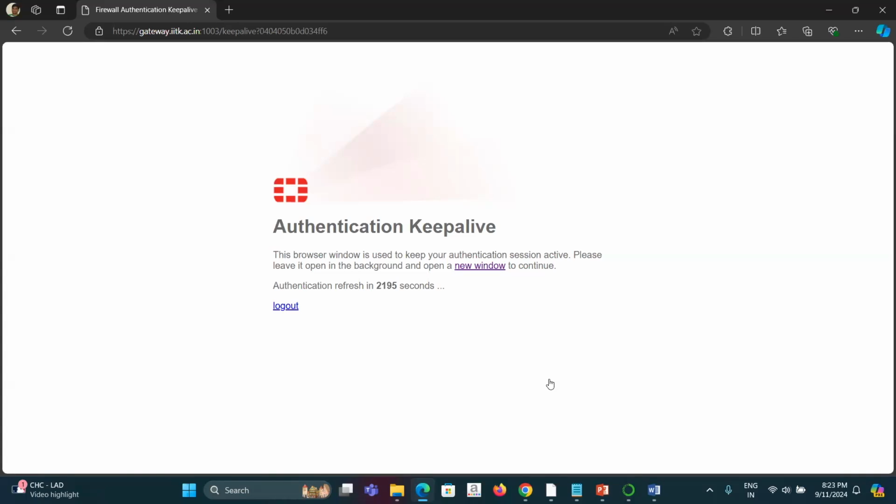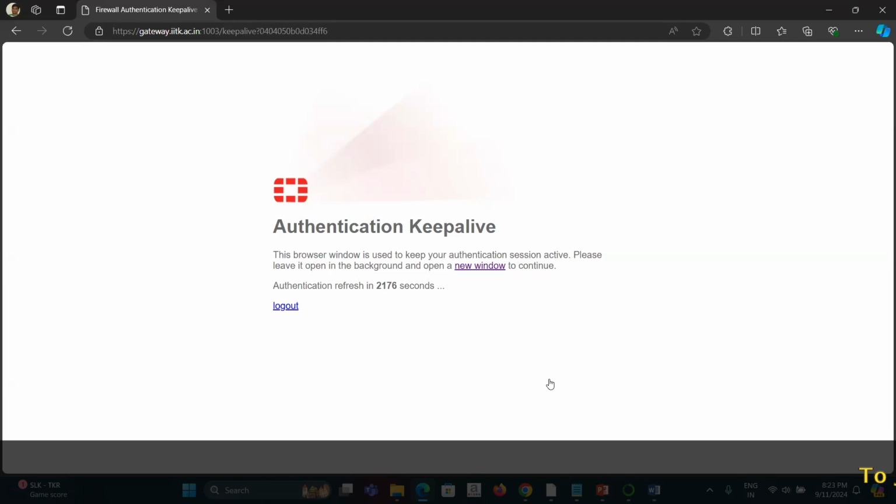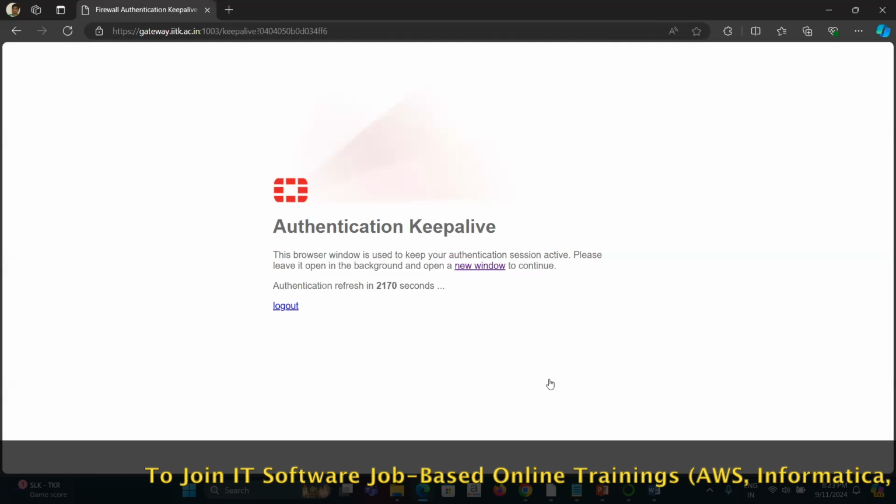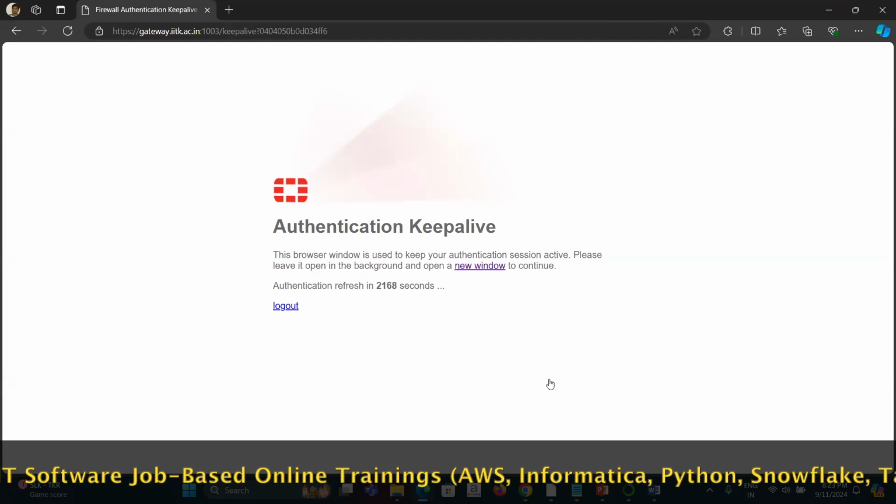In fact, we will have a dedicated group for each batch. There you can post your own queries or problems that you are facing. You will have your own network of people, all your batch participants. They can answer your questions, you can answer your friends' questions, through which you are going to learn a lot more.